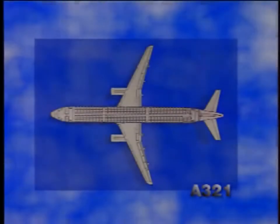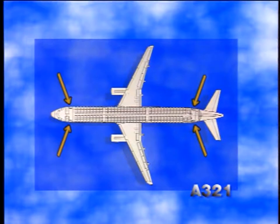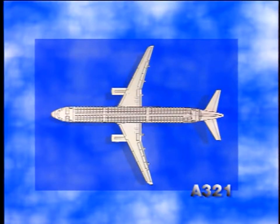ATA 52, Passenger Compartment Emergency Exit. For the evacuation of the passengers, there are 4 emergency exit doors as well as 4 regular passenger crew doors. 2 emergency exit doors are installed on each side of the cabin,